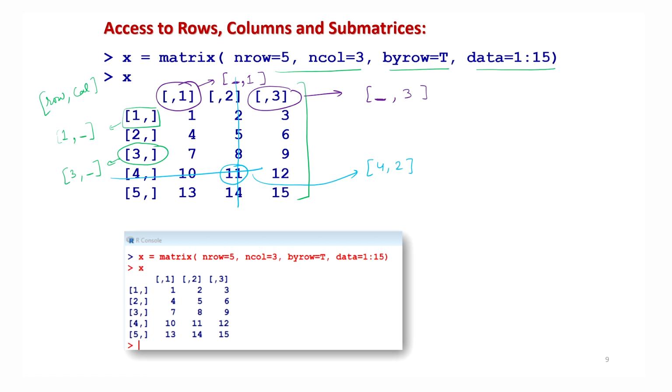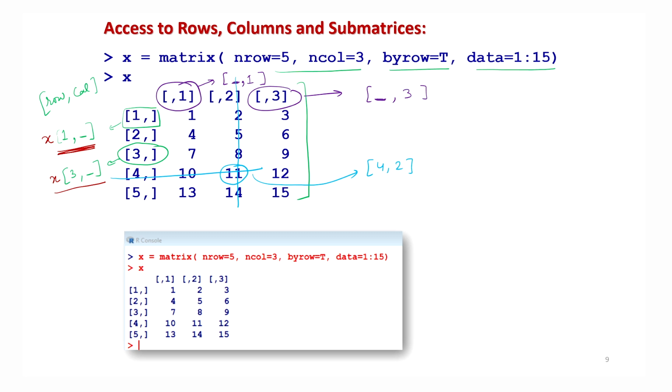Now, if you want to access any particular row or particular column, then you simply have to give the right address. Suppose I want to access the first row. You have seen here, now I am writing in red color, that you simply have to write down the name of the matrix. If you want to access the third row, then you simply have to write the address of the matrix X and say 3 comma.